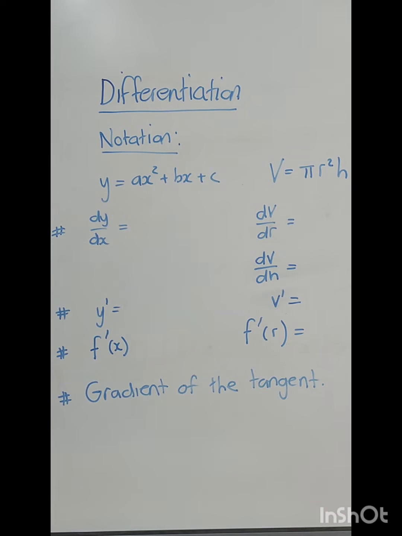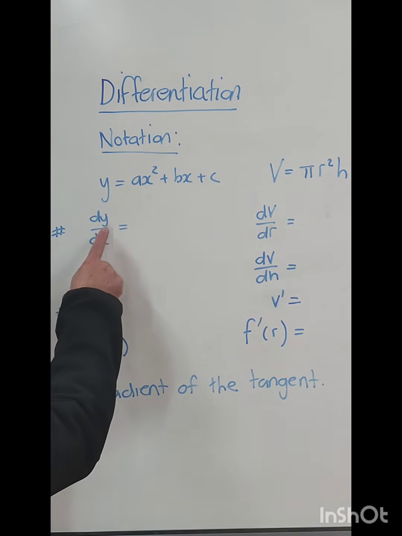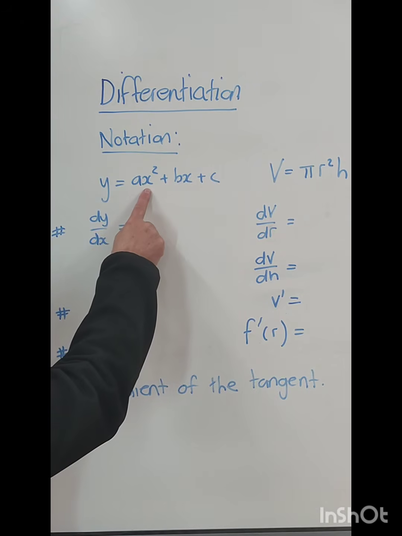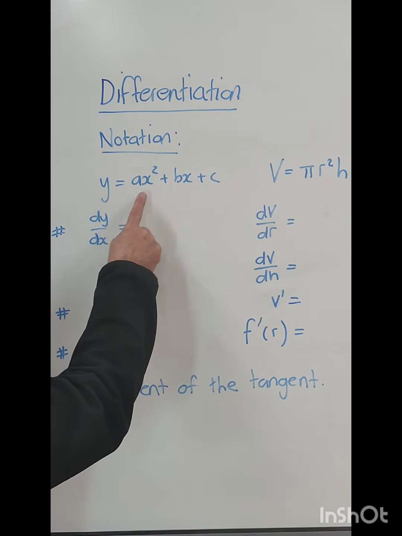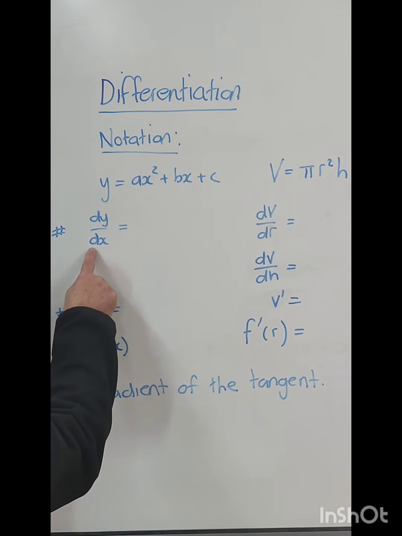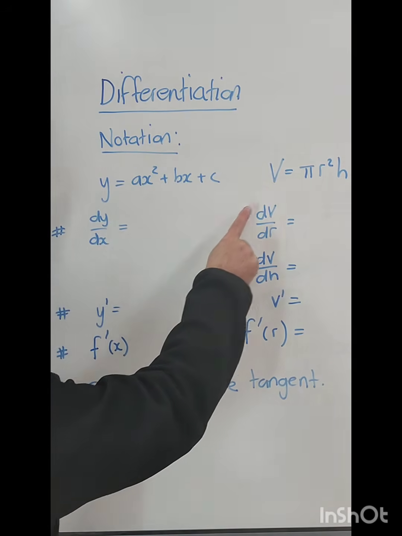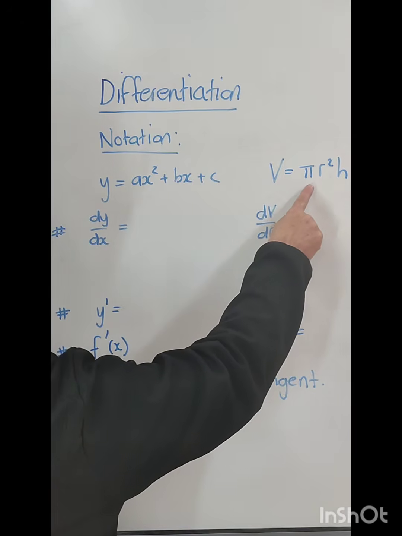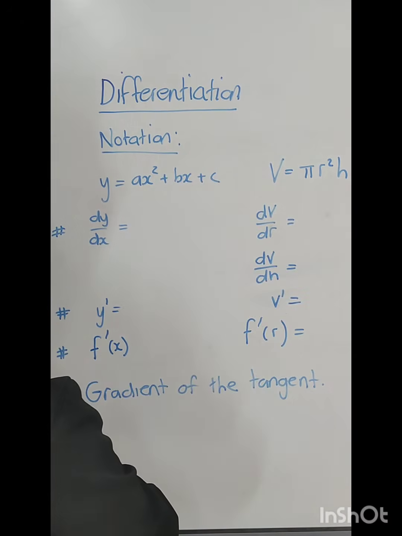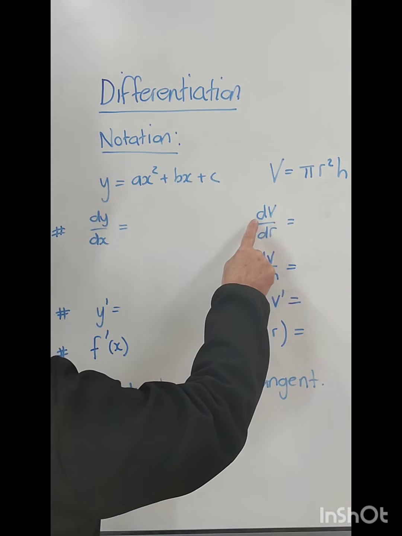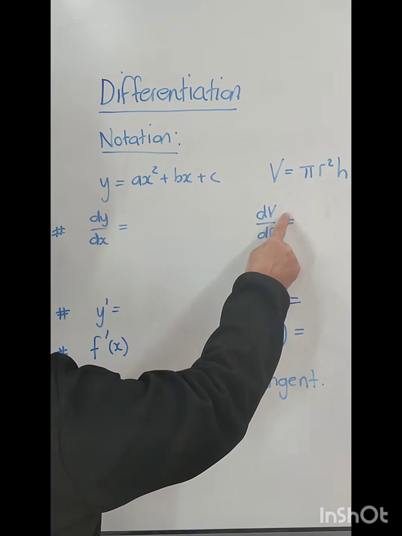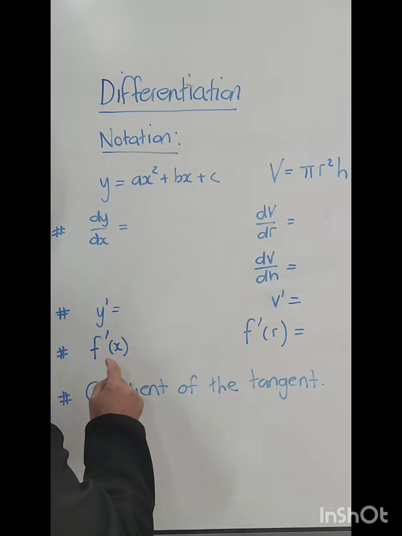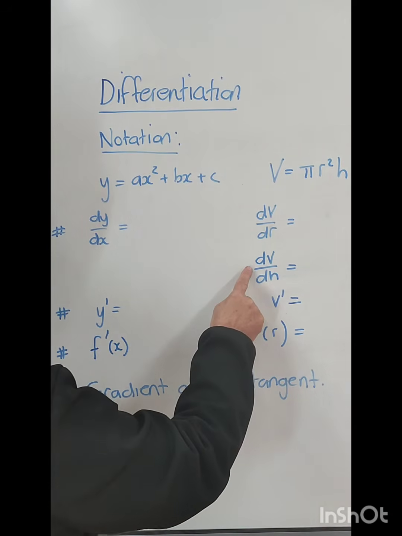Good day. Today we're going to do the notation for differentiation. If we have, for example, y equals ax squared plus bx plus c, and my equation starts with y, and I have to derive with reference to x, I will write my notation as dy over dx. If my equation starts with v equals pi r squared h, and I need to derive with reference to r, then my notation will be dv over dr, or if I derive with reference to h, my notation will be